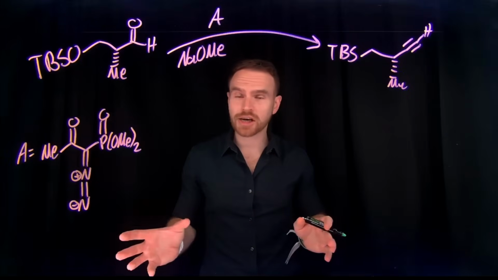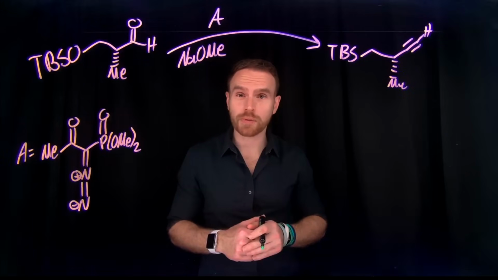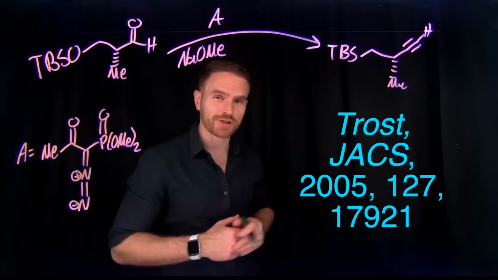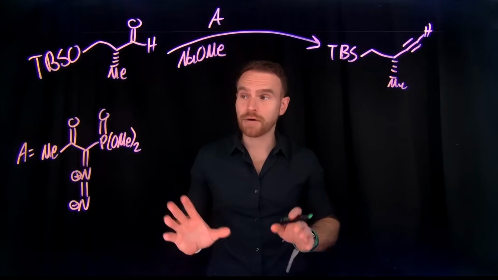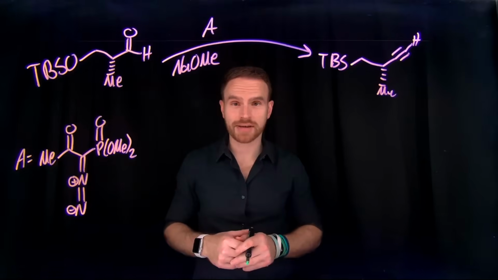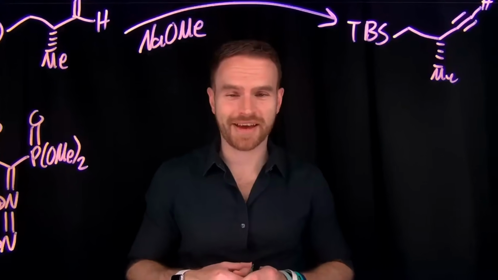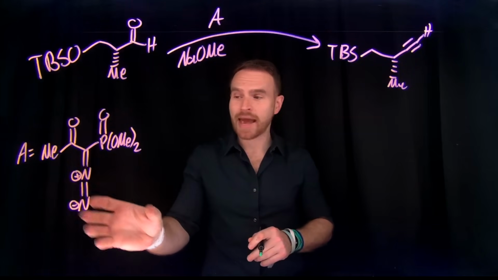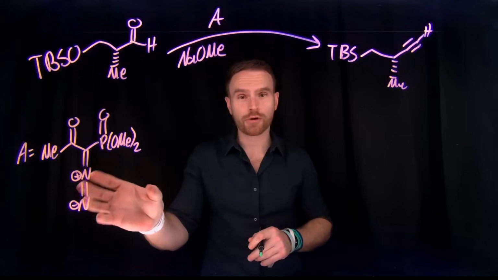This reaction comes to us from Barry Trost and co-workers, published in 2005 in the Journal of American Chemical Society. You can check out the reference right here. And in this total synthesis of a phenolide P, they actually used what's known as the Bestmann reagent. It's the best, man. Anyway, so this is known as the Bestmann reagent, and we need to understand what happens first before we begin